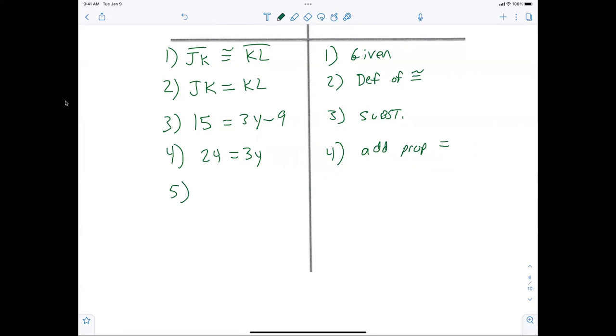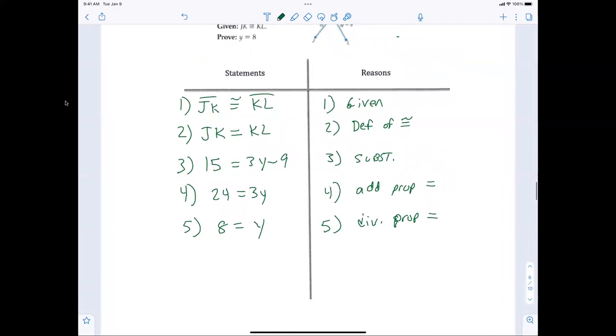Come on, someone else be brave today. Uh-oh, we got someone brave in the back. Go. 8 equals y. I'm listening. It is the division property of equality. Now it's telling you to prove y equals 8. I am not done. Don't flip the page. y does not equal 8 yet. 8 equals y. Therefore, step number 6, we're going to go ahead and write